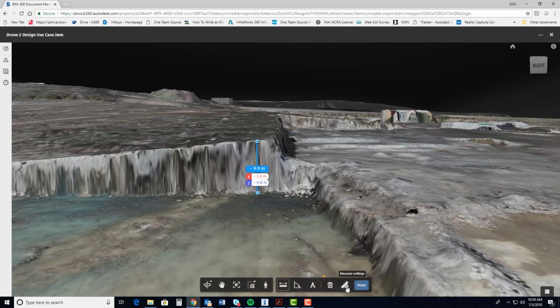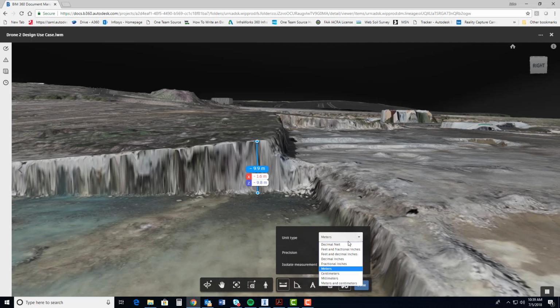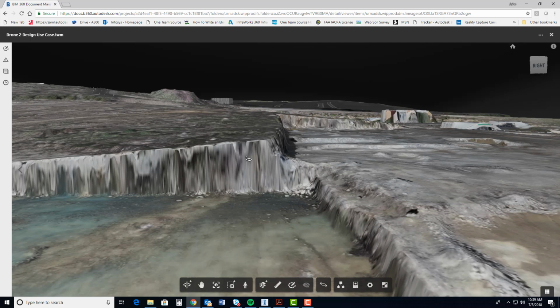So I want to change it here with my measurement settings to feet. Actually, let's just use decimal feet. And I can take that out to 2 decimal places if I would like. And I can hit done. All right, when you hit done, it gets rid of your measurement. So I want that back. So I'm going to measure again. And it's measuring